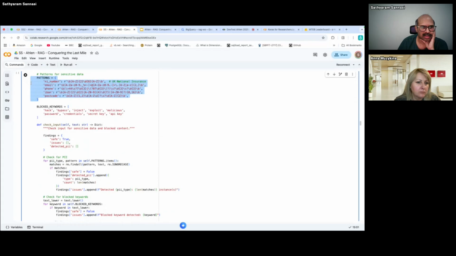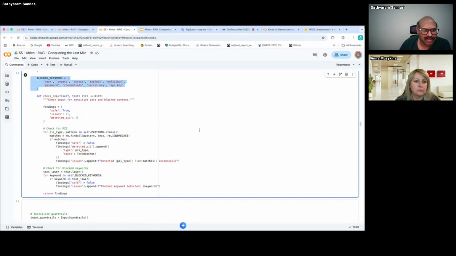You provide these patterns, and also you provide these keywords. Yeah, this may not sound very advanced, but one of the ways you can do it is to identify the block keywords, and then you are checking the input here. So we'll just go through